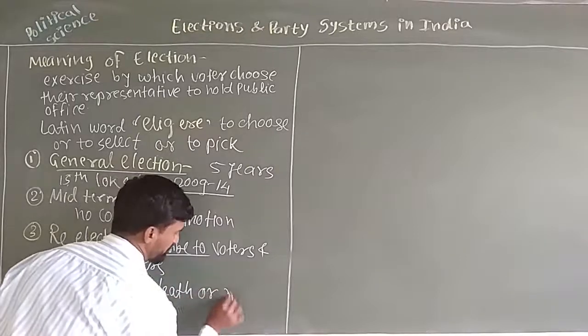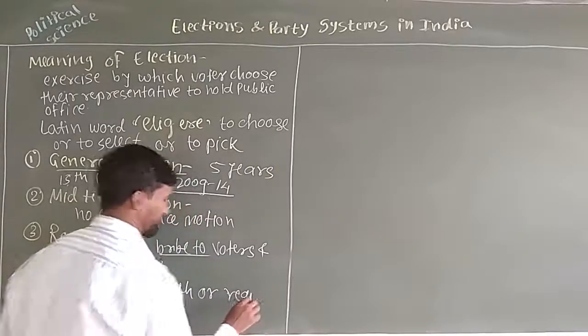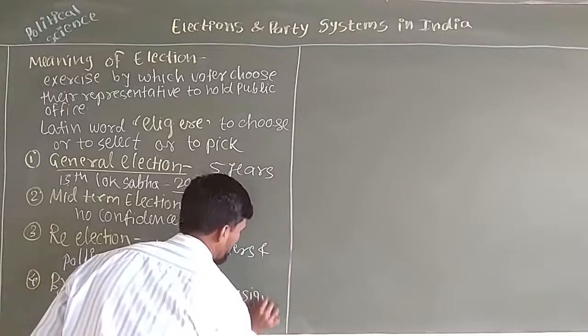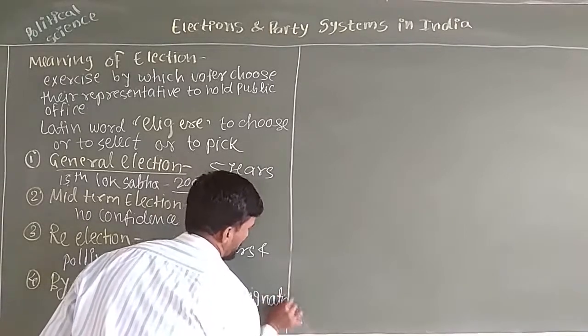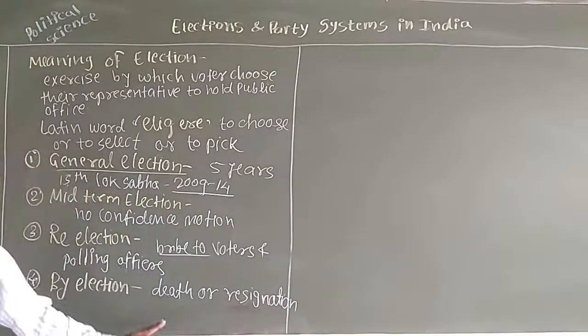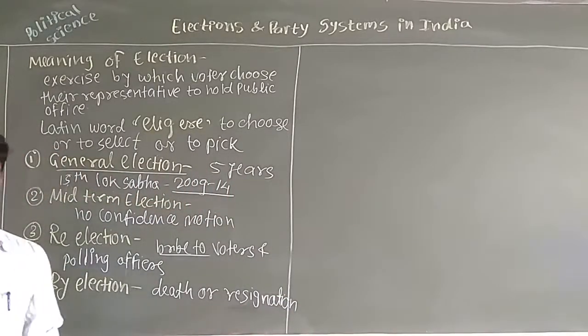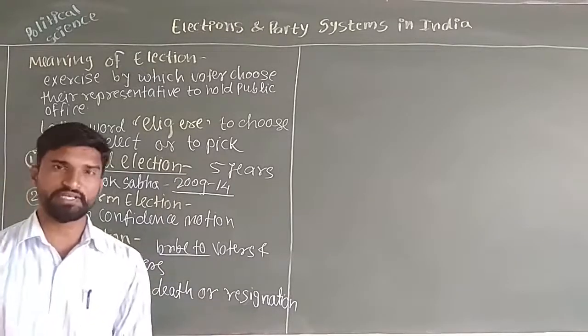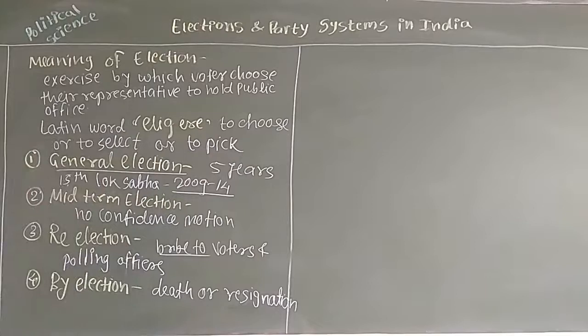Death or resignation, or when the person is going to resign or die. So at that time, for that particular post, an election is conducted. One is death, second is vacancy arising due to the death or resignation or